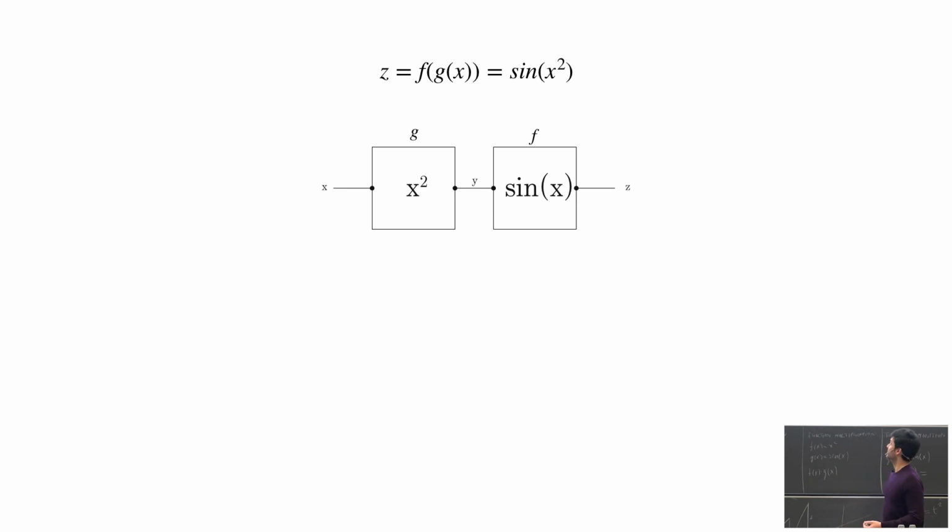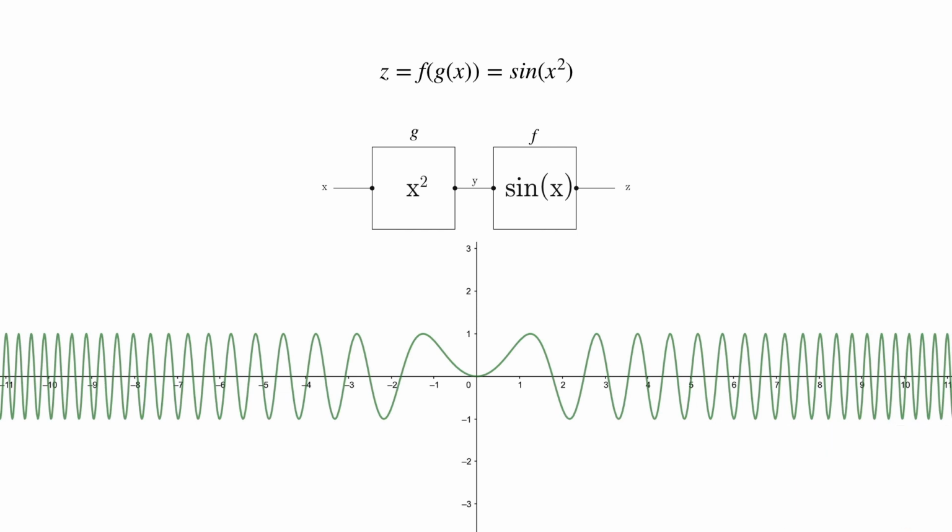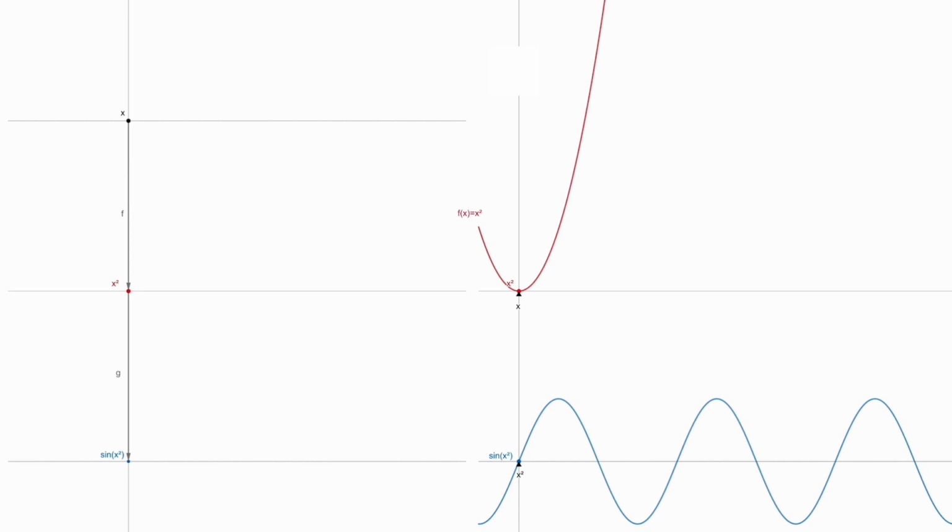And now, what I told you is that x squared now modulates the sine function, or modulates the output. It kind of messes with its oscillation period. And this is the graph. As you can see, this differs from the classical periodic function, which is sine x, because you can see that the period is constantly changing. As we go further away from the origin, the period becomes smaller and smaller. So as if somehow x squared is changing the speed of the oscillation. And I will show you now actually how this happens.